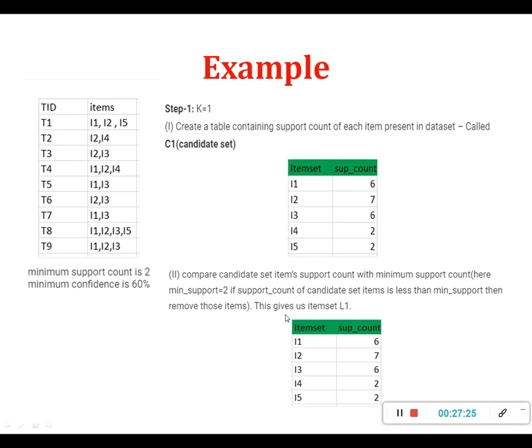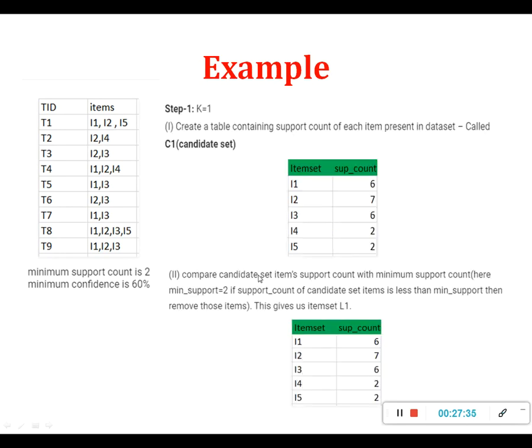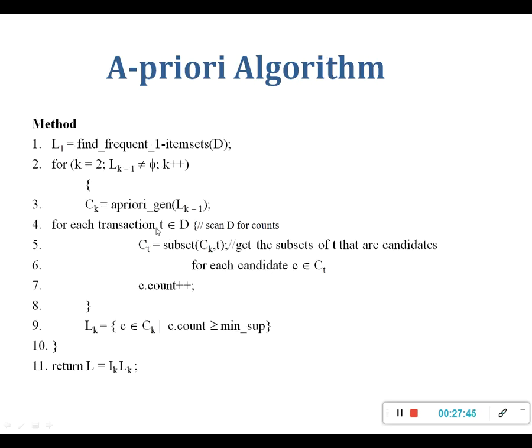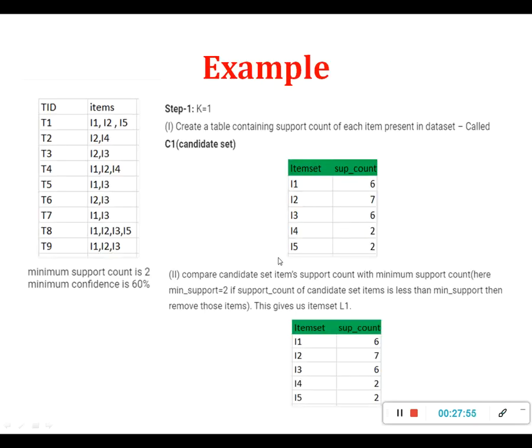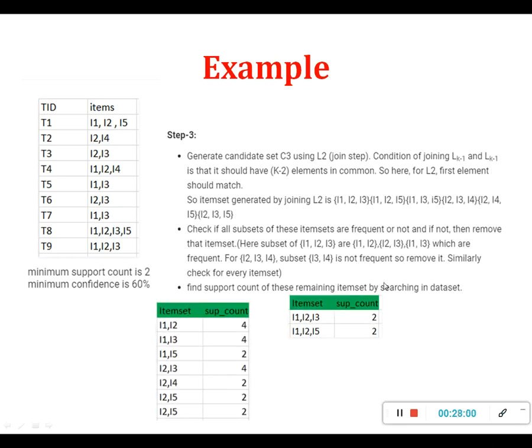The Ck list means the candidate list we are generating: when k is equal to 1 it will be C1, and when k is equal to 2 it will be C2. According to that, we generate our Ck list when calculating the Apriori generation algorithm. In this way you create your candidate generation table. After generating it, we find C1, C2, C3 by using Apriori generation. This is another candidate set, and this is yet another candidate set.